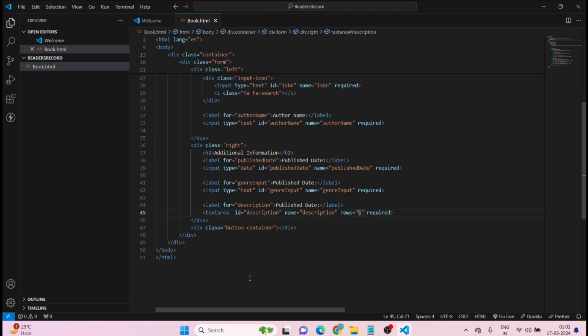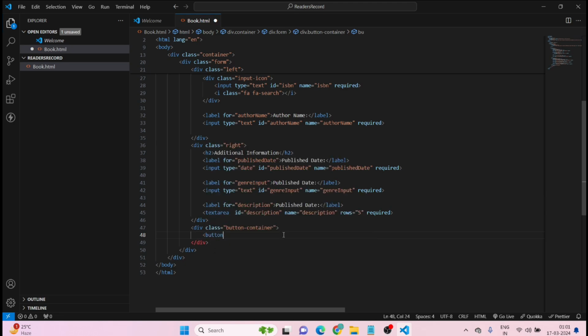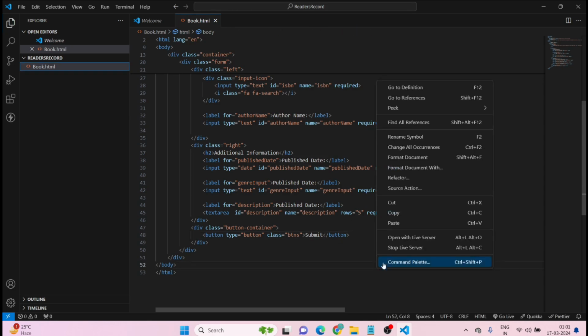Now this has been done. The last one is your button, so we have to add button here. Button type will be button, and this will have class btn. Okay, btns maybe. Now we will have submit here. Save it. Now if you go and run this,